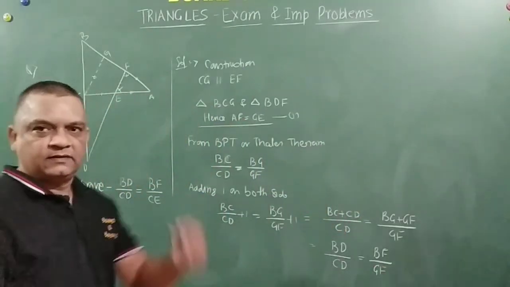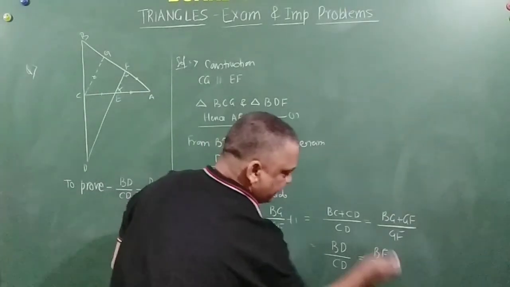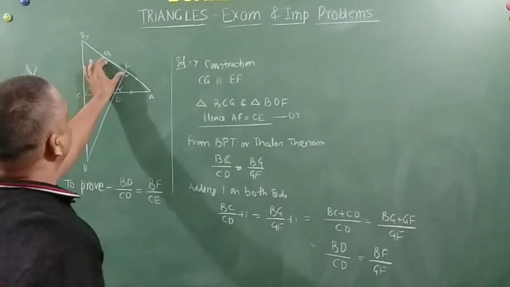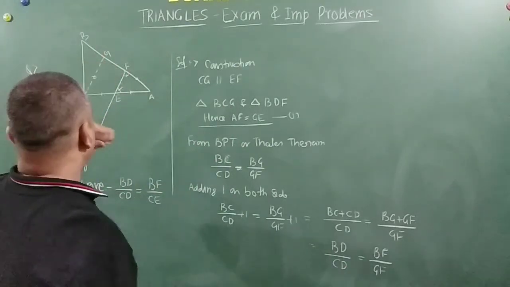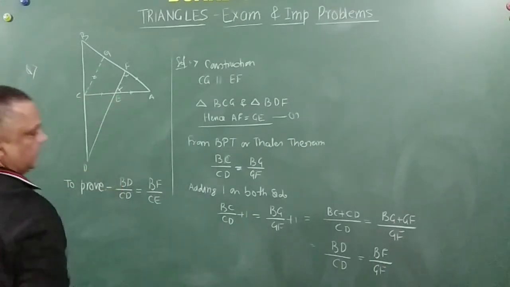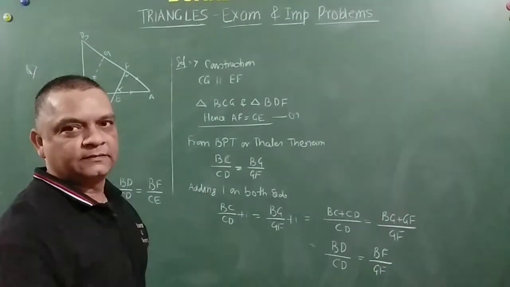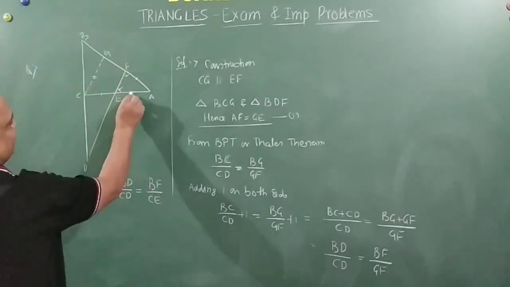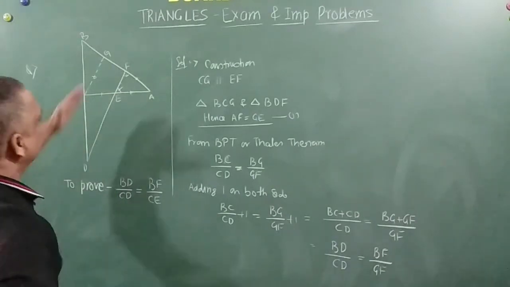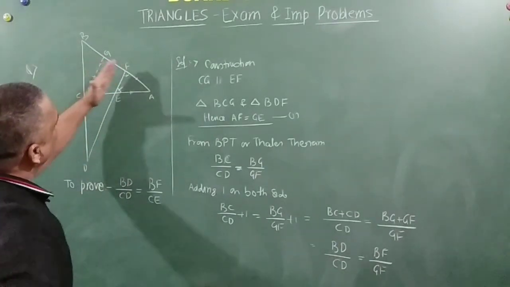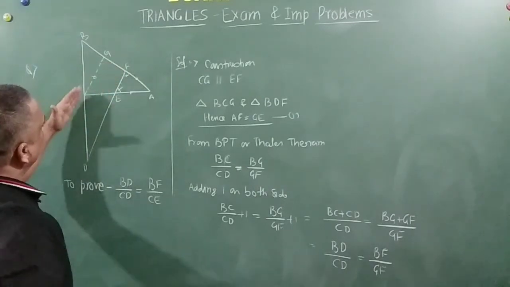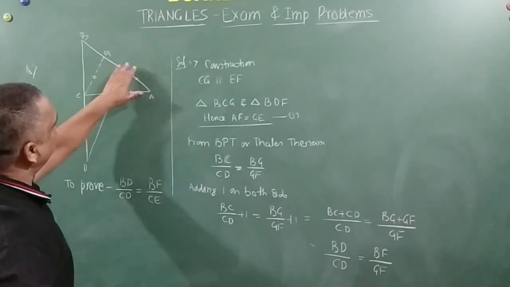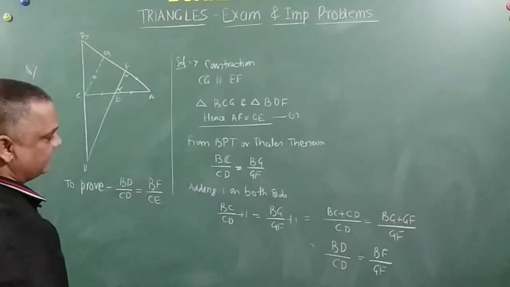Still one more step is required here, friends. This is BF by GF. Now you come here. So GF, what is this? As I told you, this GF will be equal to CE, right? How? Because when this and this are equal, and if I draw a parallel line to this side, that is your EF, the parallel line is CG, then this will intersect at F. So AF will be equal to GF, right?